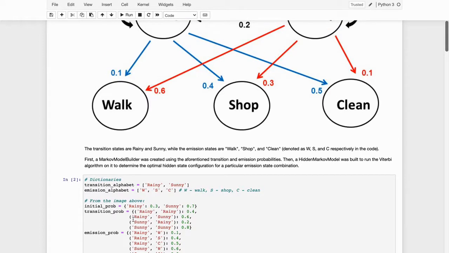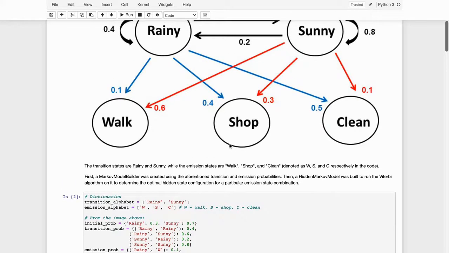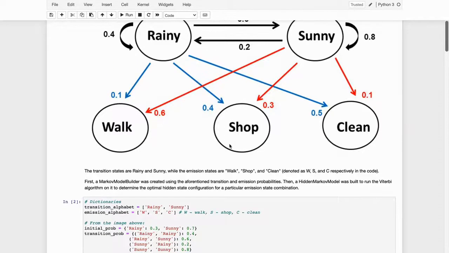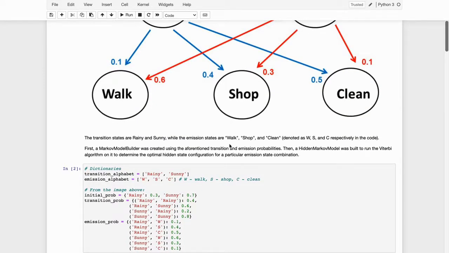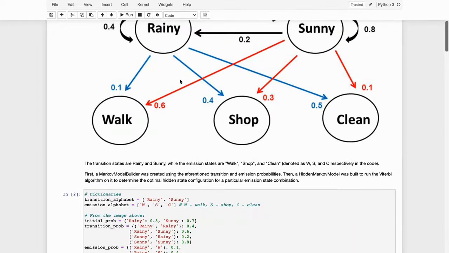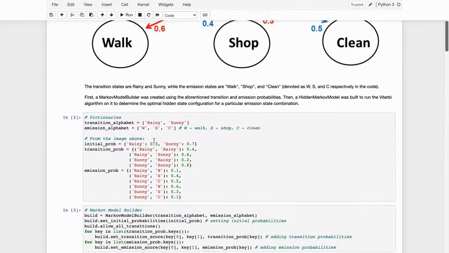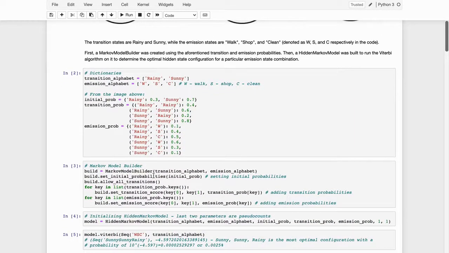And then with the transition probabilities, the key is a tuple going from one state to the next state, and the value is the transition probability. Lastly, we have our emission probability, which is defined similarly as a tuple, with the different probabilities for our emissions. There are two different ways to build this. I'm going to talk quickly about the Markov model builder, and then the hidden Markov